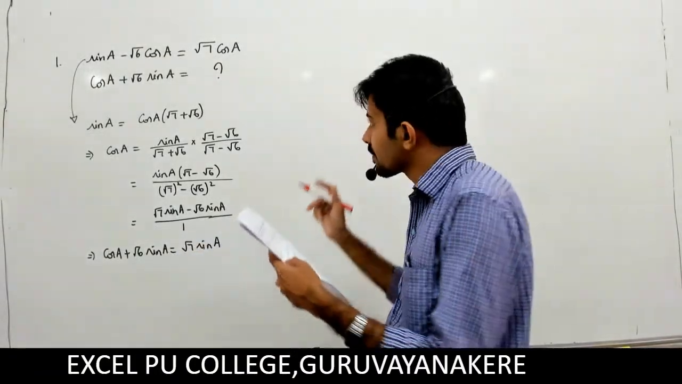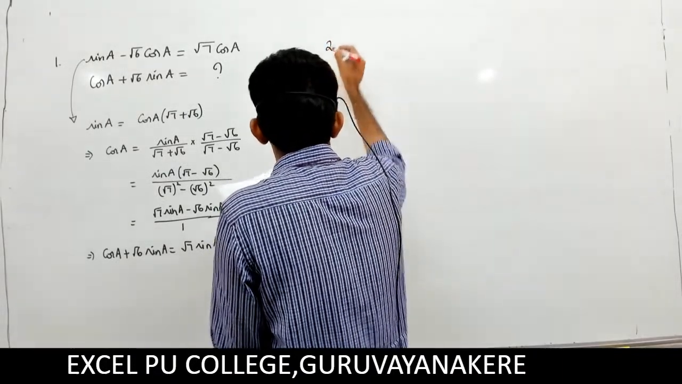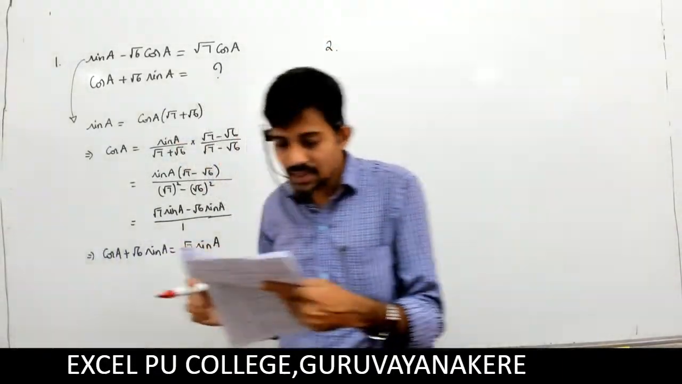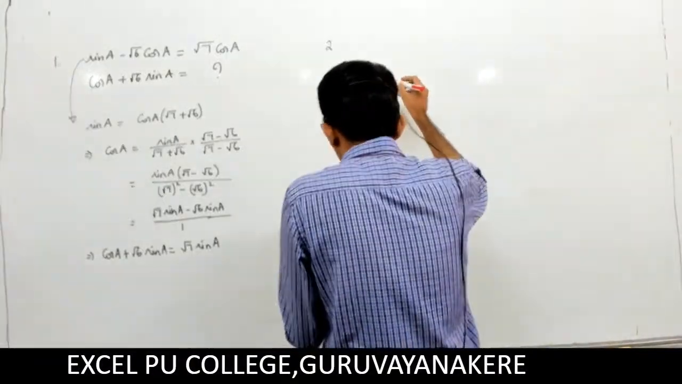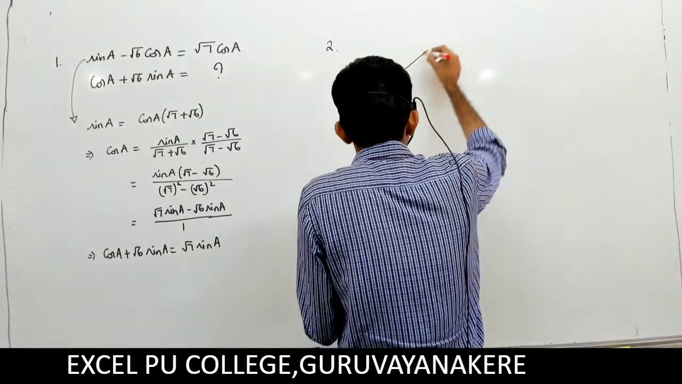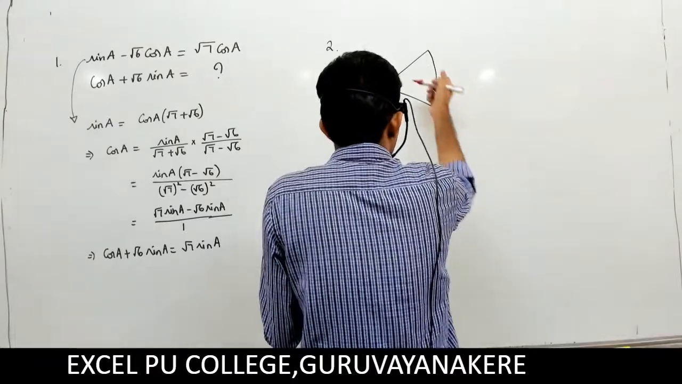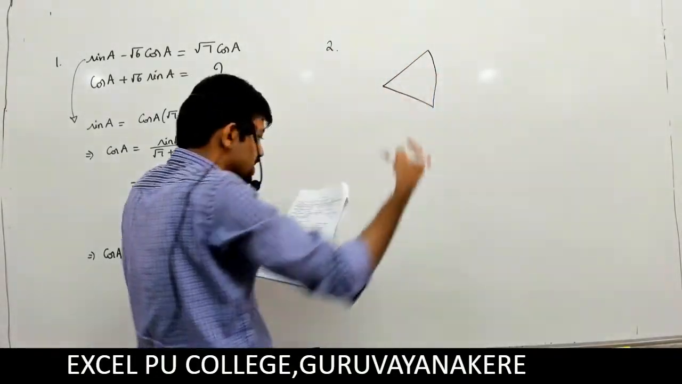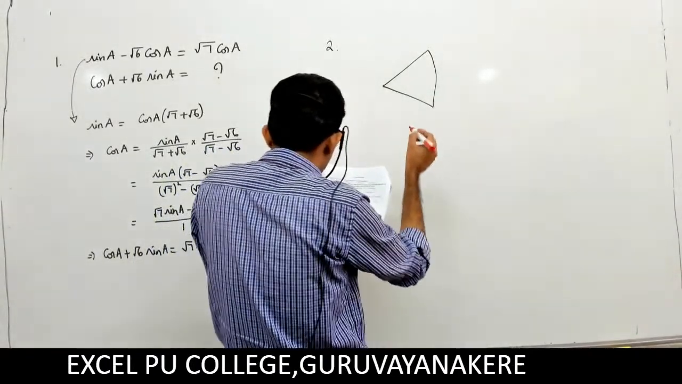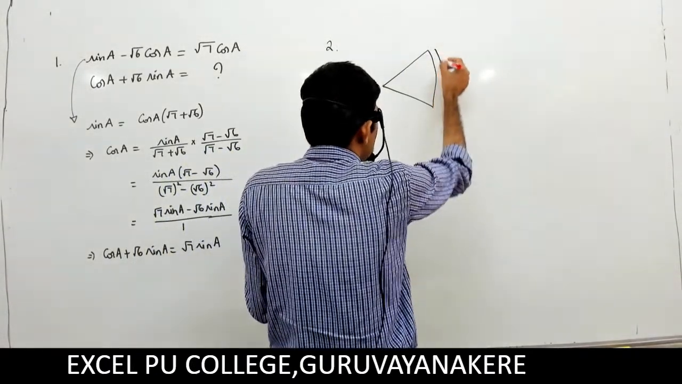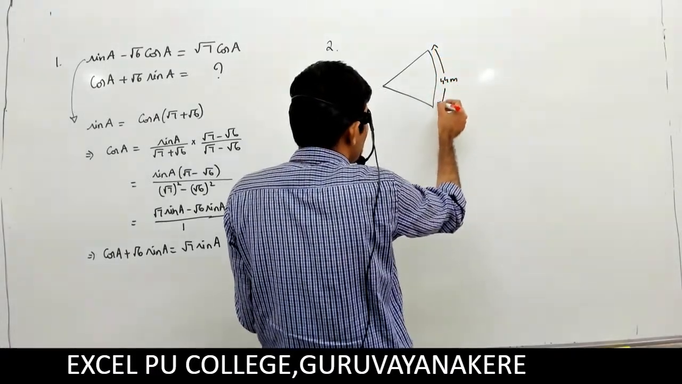Question number second, a cow is tied to a post by a rope like this. The cow moves along a circular path, keeping the rope tied. If it describes 44 meters,